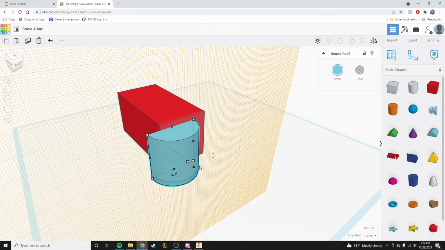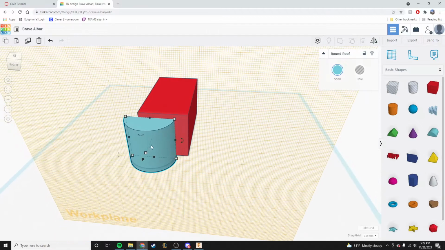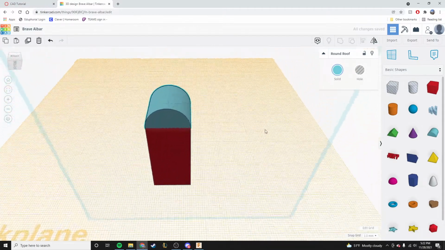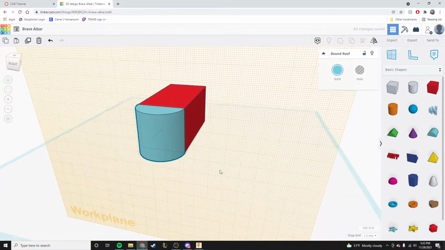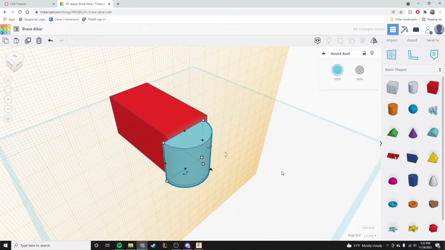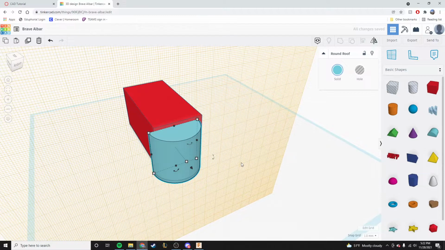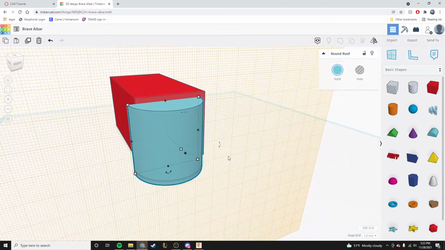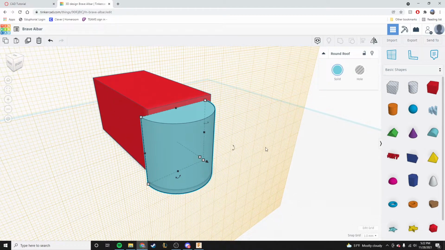But now our issue is that it's not lined up. Again, we could sit here and fiddle with it and try to get it to line up exactly right. With these ones, because they're nice square shapes, it's pretty easy to do that. But when we start working with circles and trying to get your nose cone aligned directly with the regular cylinder, it can be pretty tricky, especially when we're talking about differences of 1 millimeter or half a millimeter. So the way I want you guys to do this is we're going to use what's called the align tool